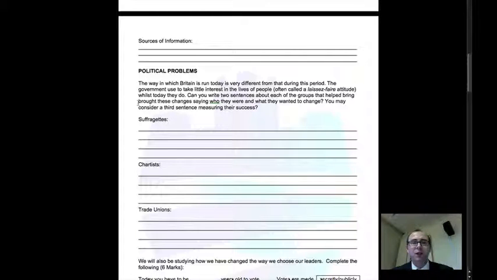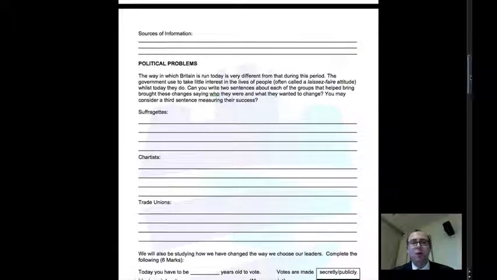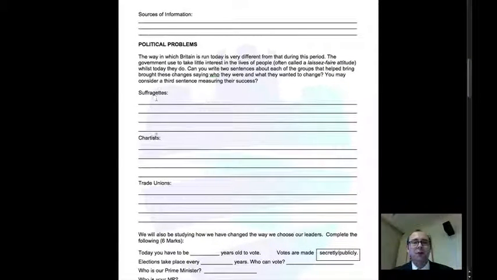The Industrial Revolution saw the change of Britain from a rather old-fashioned way of ruling. We already studied in Year 8 that the king is now sharing their power with the Parliament, but the Parliament were dominated by the wealthy. During the 19th century and the Industrial Revolution, that power was shared with more middle class and then working class people. Some of the key groups involved in changing that process were the 3 listed here: the suffragettes, the chartists